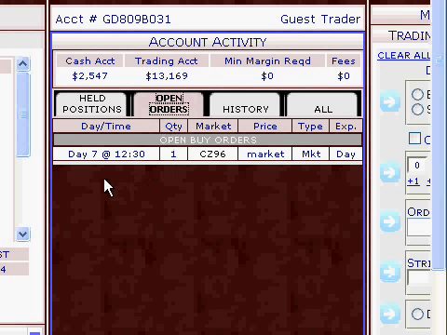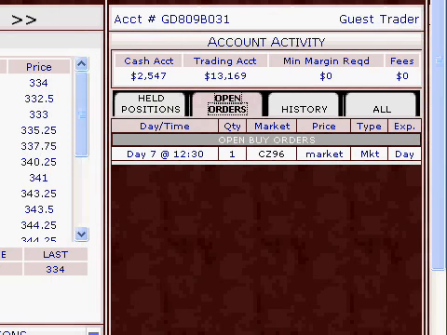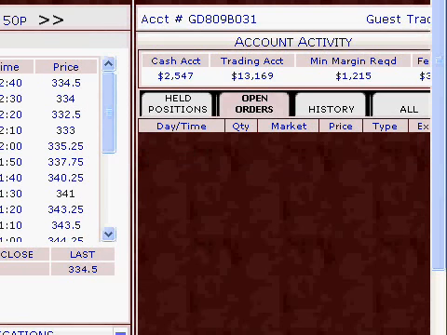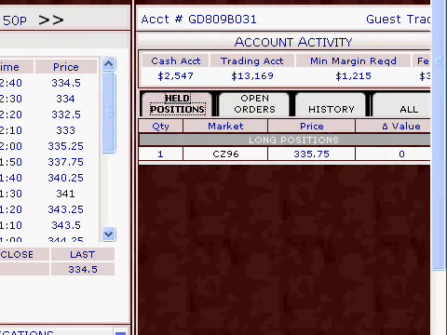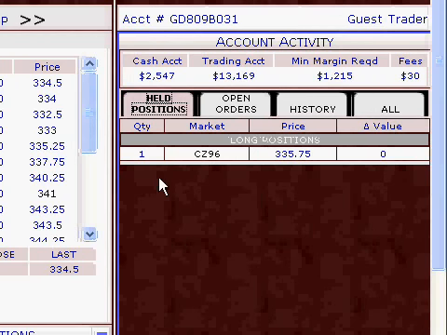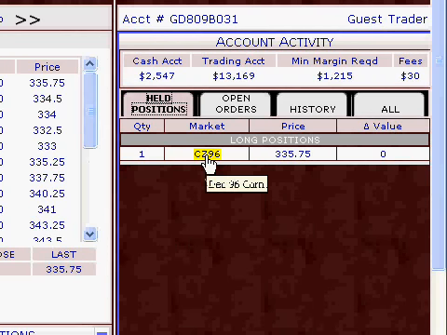Notice that we intend to go long on the contract, meaning it's a contract to buy something. A contract to sell is called going short. And there it goes, and now we go to the held positions window, and there it is. We now own one contract of December 96 corn, 5,000 bushels of corn, no less, at a price of $335.75, which is actually